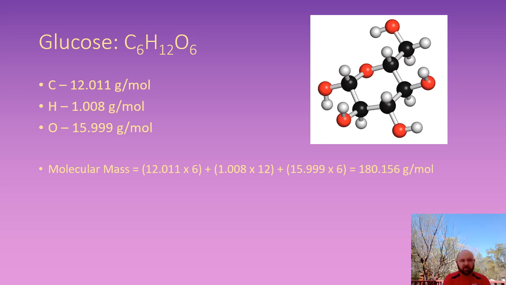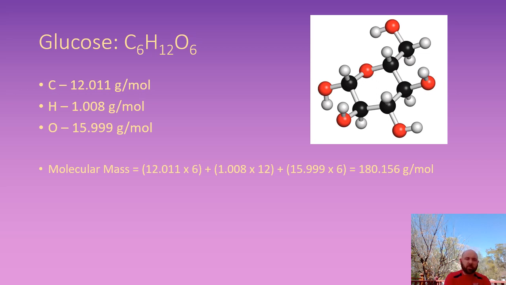Notice I kept everything in parentheses as I would when I typed it in my calculator, so that the calculator will follow the correct order of operations. In any case, I have 6 carbons and their masses totaled up, and then I have 12 hydrogens with their masses totaled up, and 6 oxygens with their masses totaled up. And if you add all of those together, you get the result of